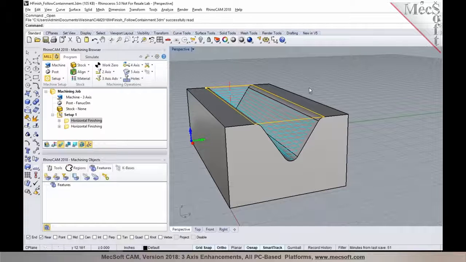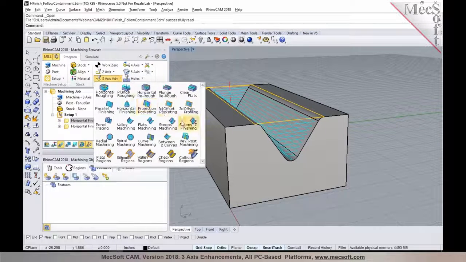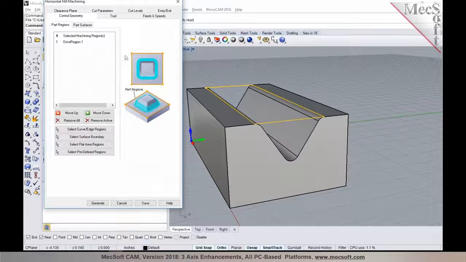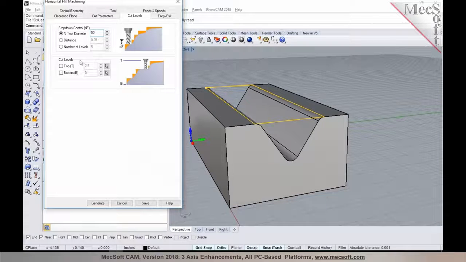The next thing I would like to talk about is enhancements to steep Z finishing, and this method is available in the Pro and Premium configurations of our mill module. So if you go into 3-axis Advanced and select steep Z finishing, we've now introduced the option to specify top and bottom cut containments, and you can either use the spinner increment controls, or you can graphically pick the top